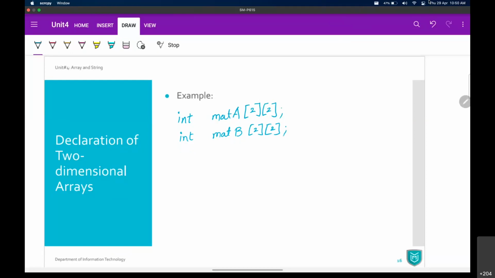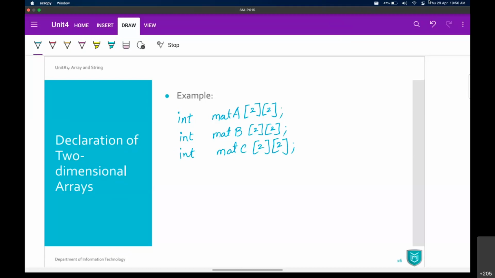Okay. And let's say if I want to perform A plus B and I want to store that answer in another matrix, then we can have matrix C also, 2 cross 2. Like this one, you can declare as many arrays as you want.